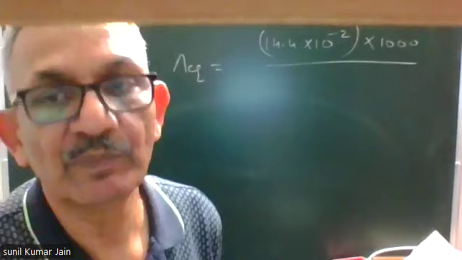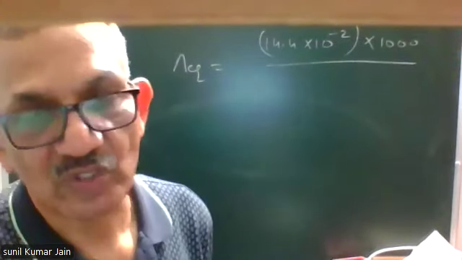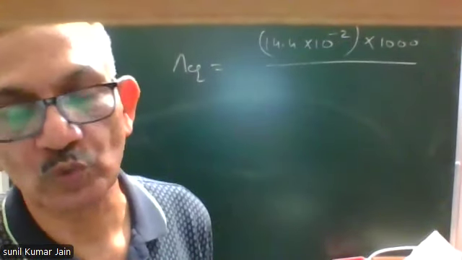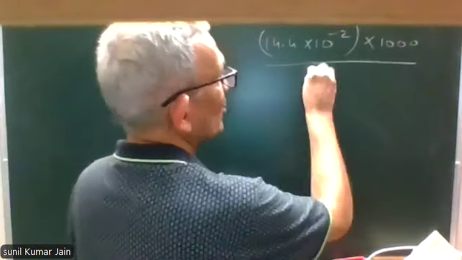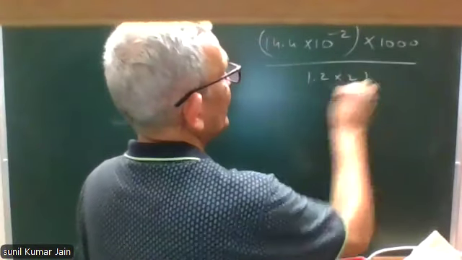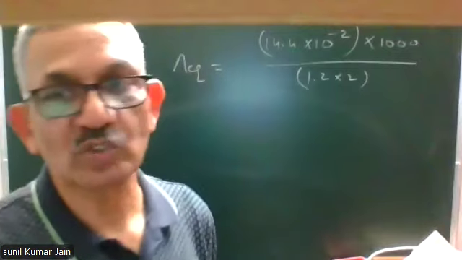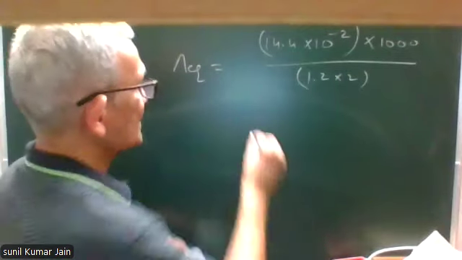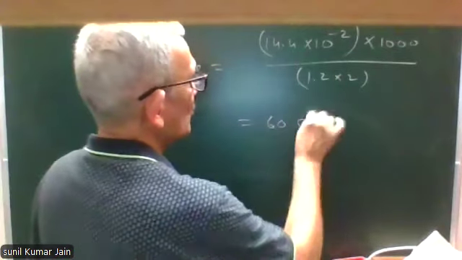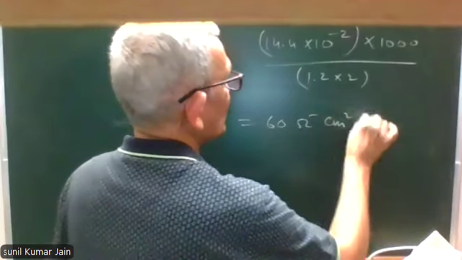But we are given molarity. For sodium carbonate, n factor is 2. It means normality will be molarity into 2. So normality is 2.4. Answer will be 60 ohm inverse centimeter square